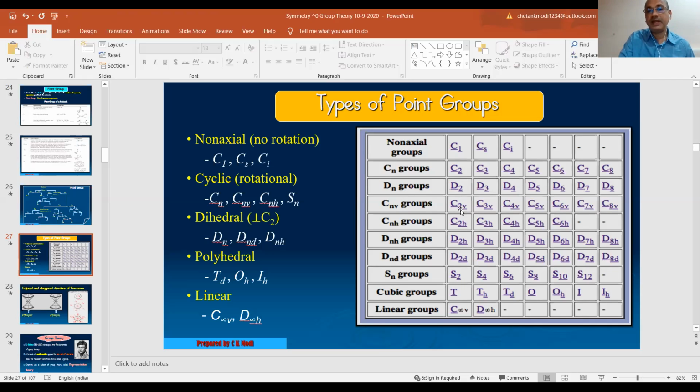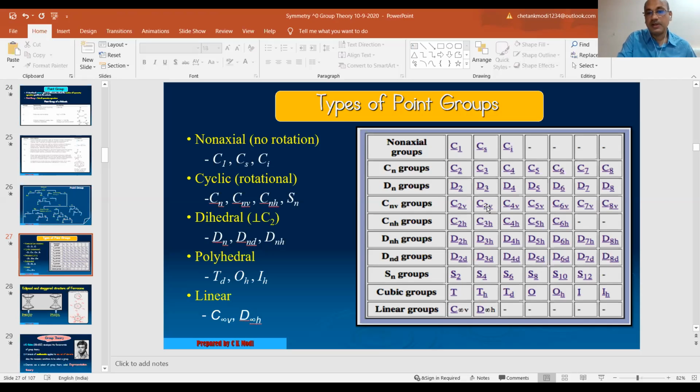CnV means it would consist of only one rotation axis along with sigma V planes. For C2V, E and C2 are present and two sigma V planes are present, therefore C2V. For C3V, E plus a C3 rotation axis are present, and three sigma V planes are present,